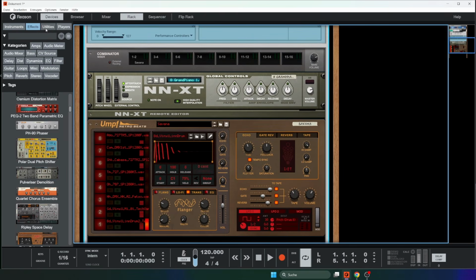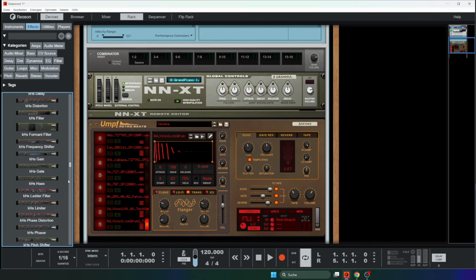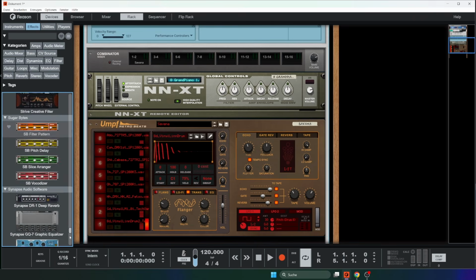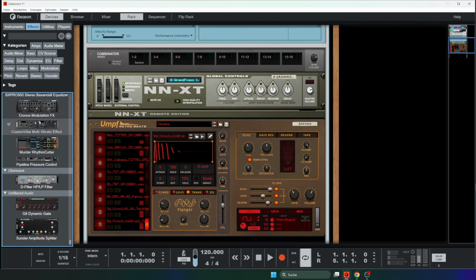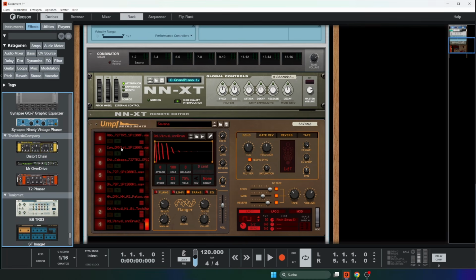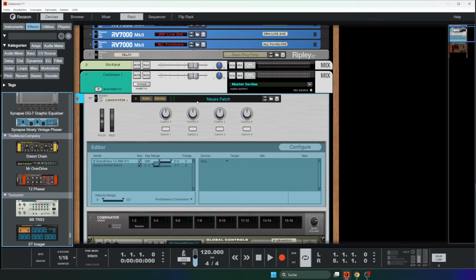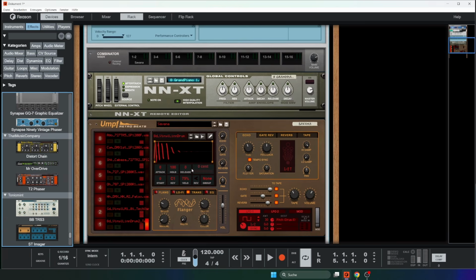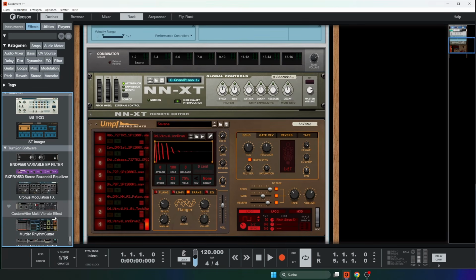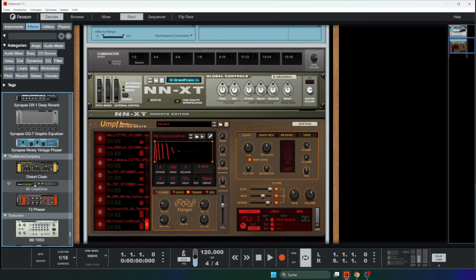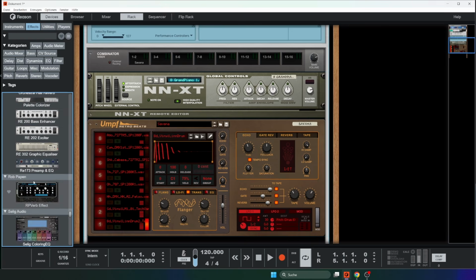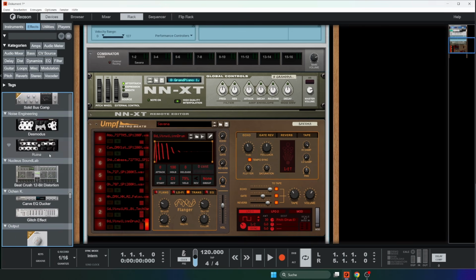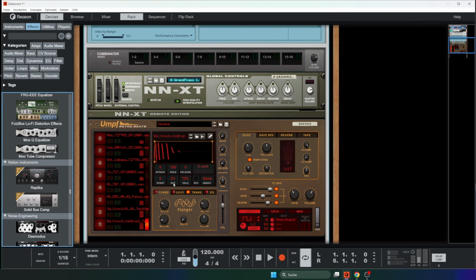To be clear, you could also incorporate VSTs into that. So VST2 or VST3, it doesn't matter. The only downside to this is if you take this to a friend or want to give this to someone, you need to make sure they have the same VST plugins installed. Same goes for the rack extensions. But if you only use standard rack extensions, you should be good to go to give this to your friend